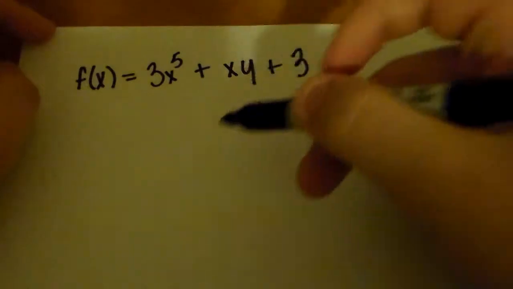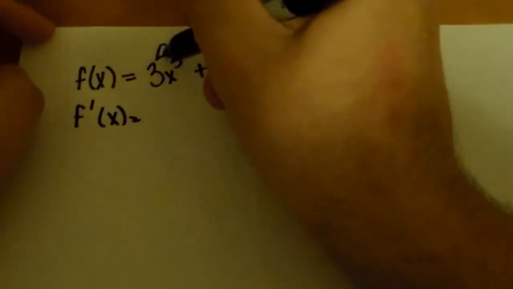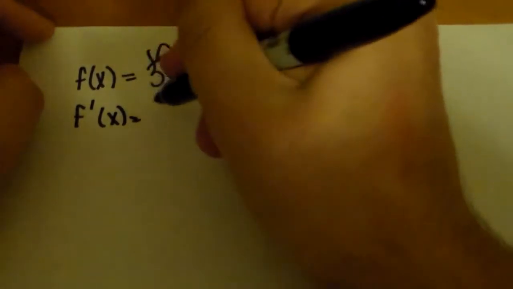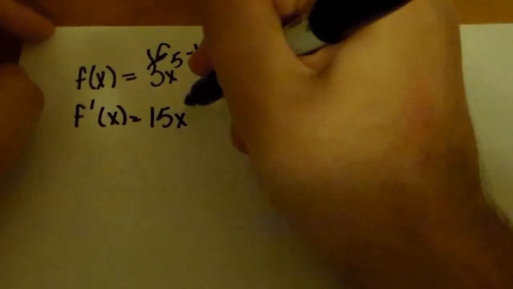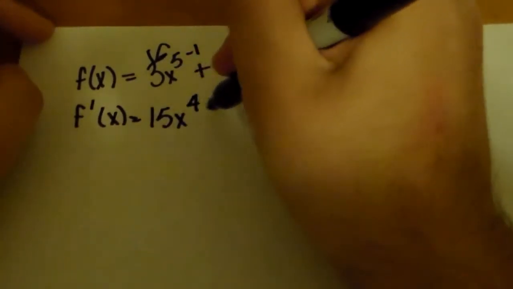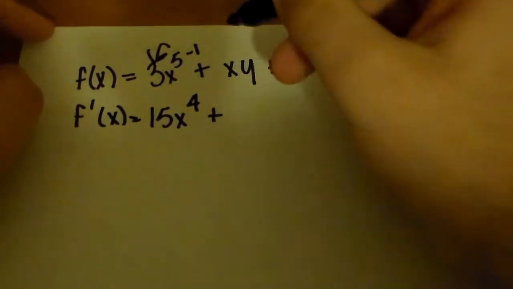So the first thing we would do is write f prime of x equals, bring that down, which would be 15x, subtract 1 from there, which would be 15x to the 4th, plus